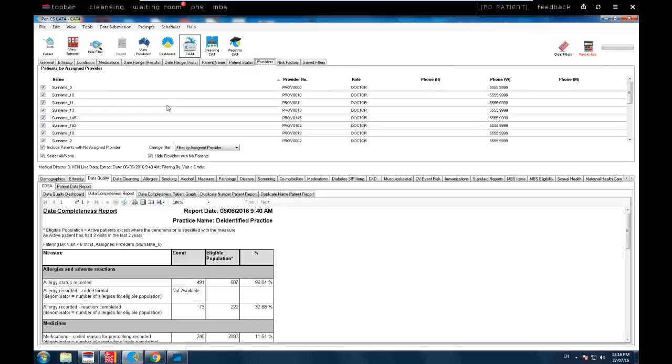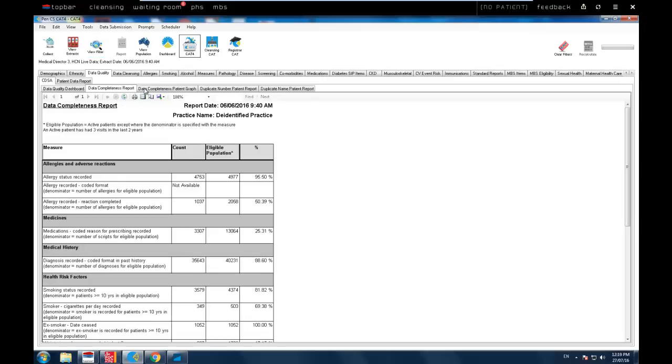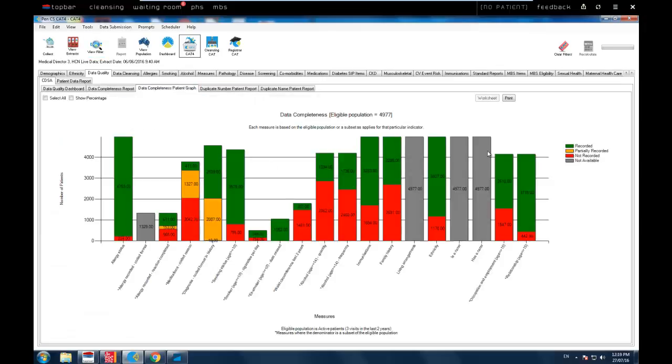If you wanted to know, are patients with diabetes more up to date than others, you can use the filters to find that as well. So that's an overview, as in what's actually missing, how are the numbers at the clinic. There's a bit more in here, there's graphs as well. The graphs allow you to pull out the patients by double clicking, like any other CAT graph. So if you wanted to find, say, the 224 people here with an allergy status missing, or the 154